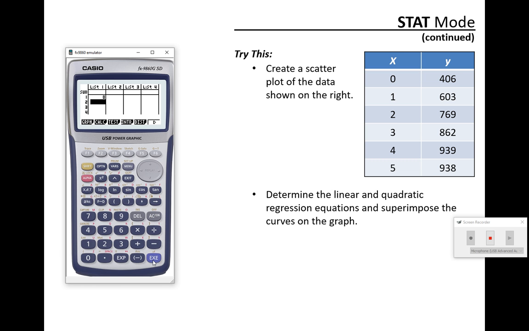Mine jumps down to the next row. So me personally, when I'm doing these, I do the first row first. I don't go row, column, row, column, row, column. I just go all the way down the first row. And it's 0, 1, 2, 3, 4, and 5. And then I arrow back up, and I go beside 0 into list 2, and I enter these other numbers, 406, 603,